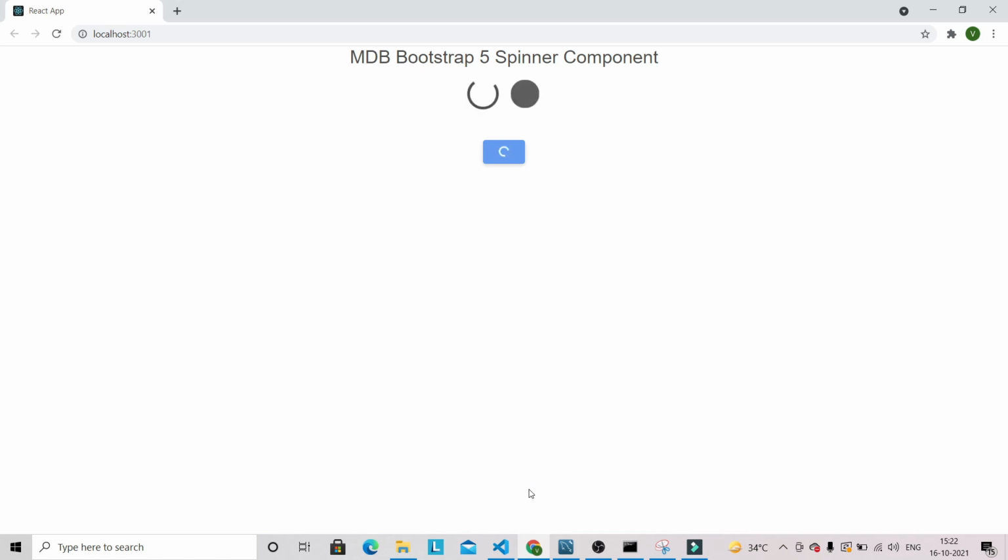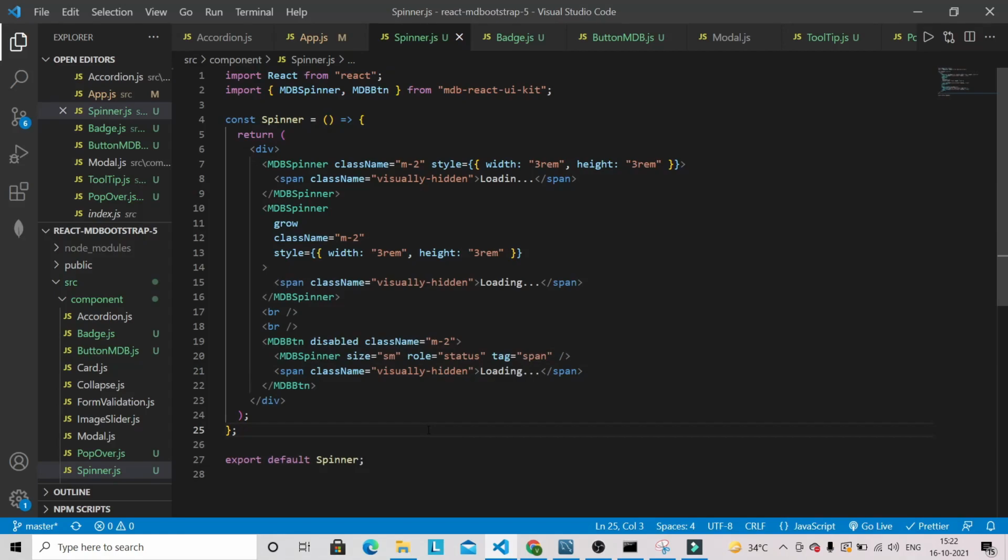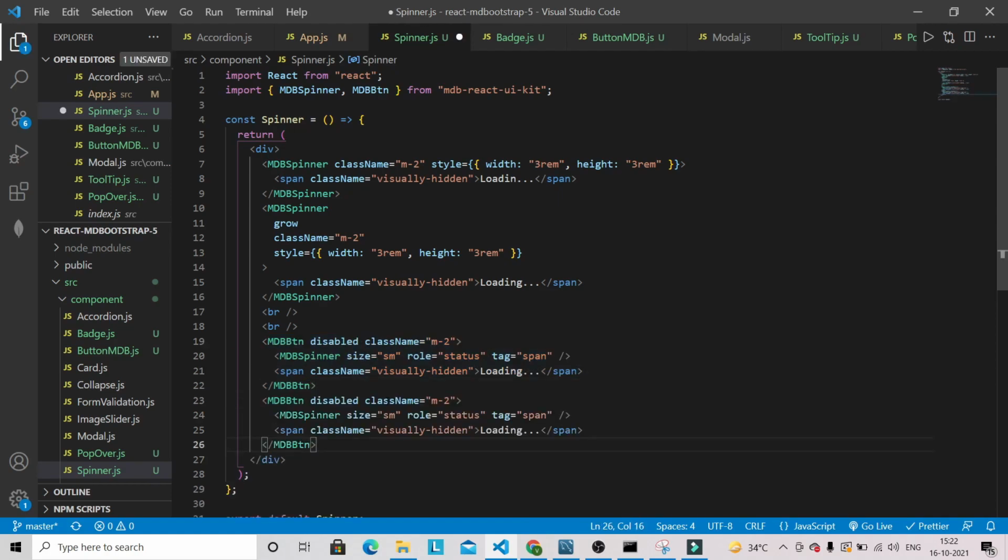Now you can also write a text. So what we can do here is copy this one and paste it here.